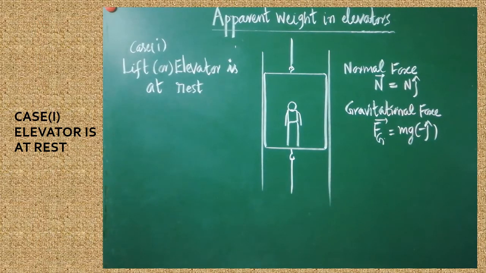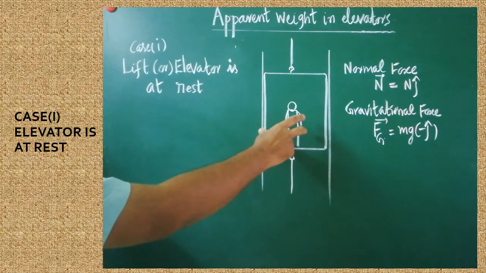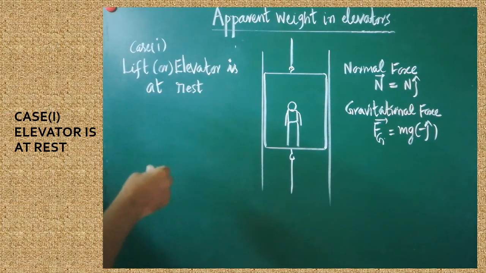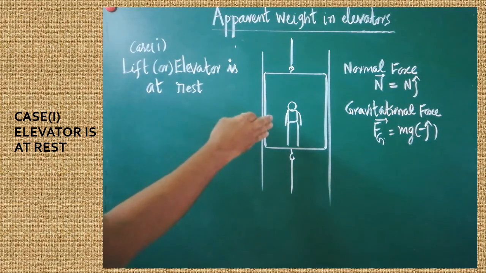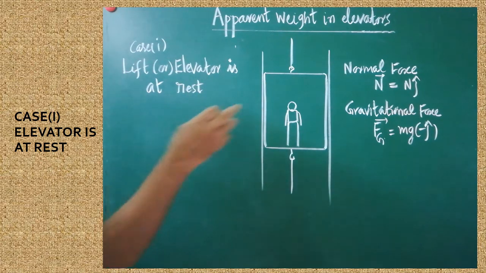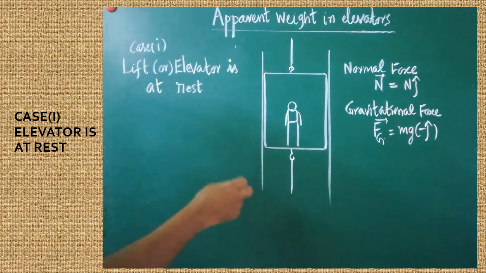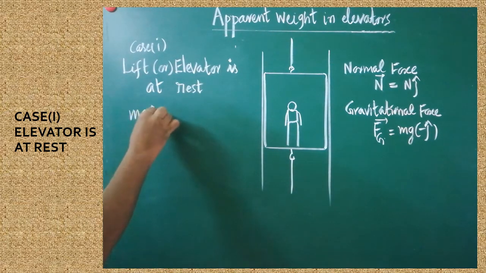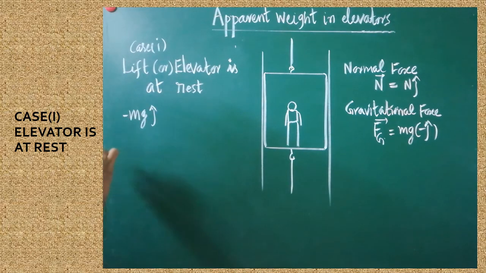Now we learn the conditions one by one. Let us imagine the lift is at rest. Both the person and the lift are at rest. So in that condition we have to find out the apparent weight of the person. How to calculate this? Here we have to apply Newton's second law. Are you clear? First we will calculate the total force acting on the person. Here the gravitational force is acting in the downward direction. That one must be written as mg j cap, clearly with the minus sign.